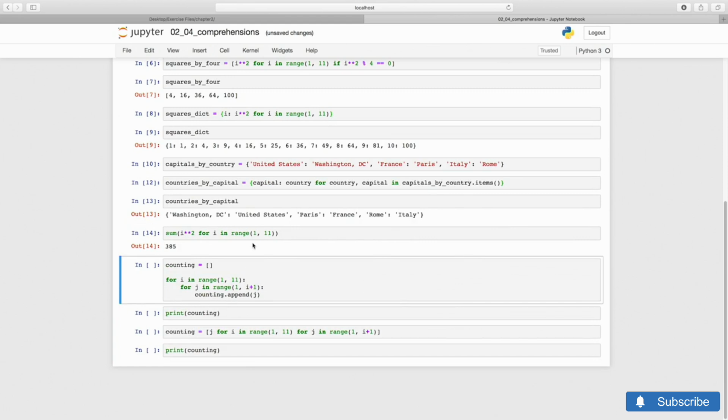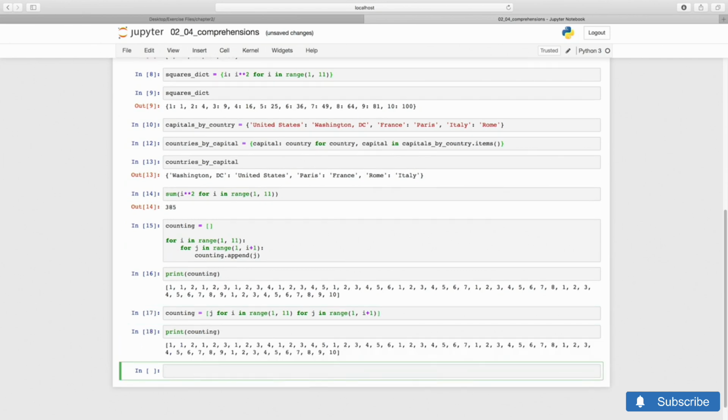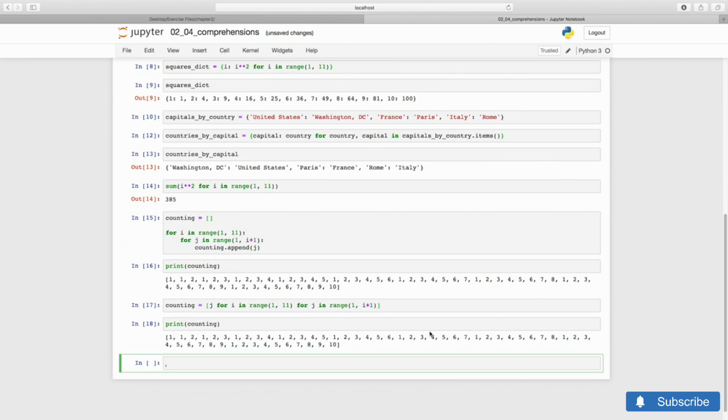If you don't currently use comprehensions, I'm sure that if you try them, you'll become addicted quickly, and you'll start doing all sorts of acrobatics, such as nested looping comprehensions. For instance, look at this nested loop, which creates a list of 1, 1, 2, 1, 2, 3, 1, 2, 3, 4, and so on. We can do the same with a nested comprehension just by writing the two loops in the same order in sequence. Comprehensions are incredibly useful to manipulate lists, dicts, and data. You should be familiar with both understanding and writing them.